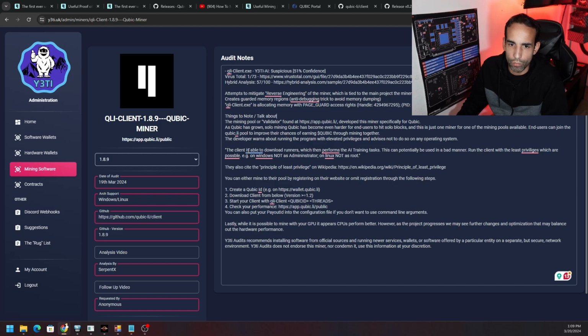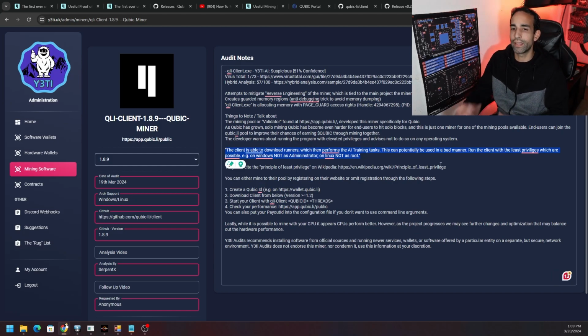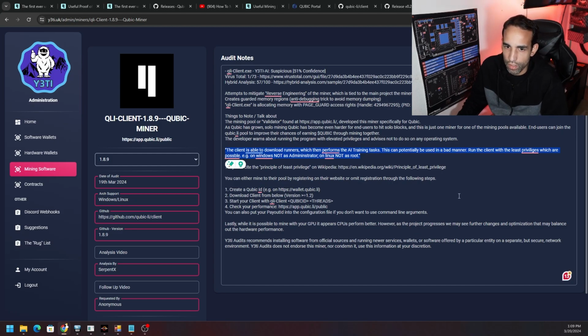The client was able to download runners, which then performs the AI training task. This can potentially be used in a bad manner. Run the client with the least privileges which are possible. Now, this is a note directly from the Qubic.Li GitHub. This is them warning that the client is able to download runners, which then perform the AI training task, and